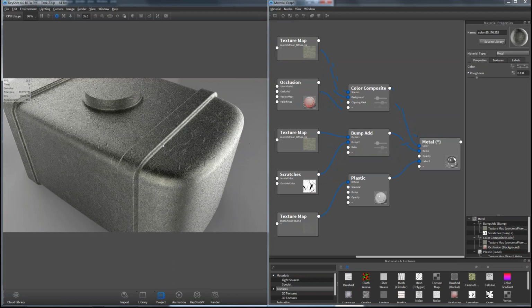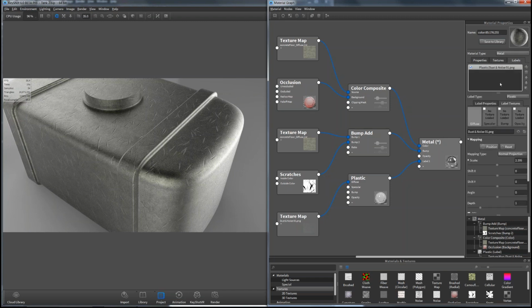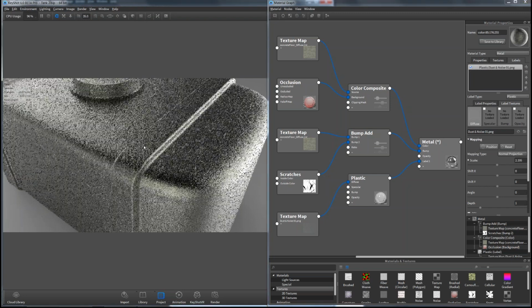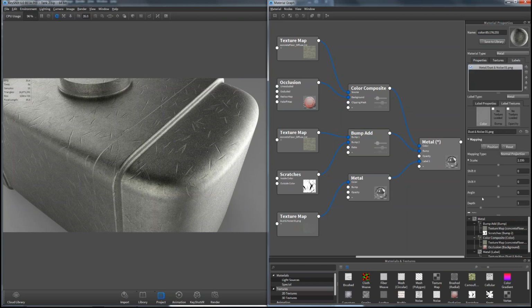We're not seeing too much yet, but what happens here under the tree is that this is going to get more and more complex. But we can still control it through our standard material editor here. You can see that the label is still being represented there. But what's happening in my graph is that I now see a more complex setup of all the materials that I'm layering, and the material for this label. So here I have my label. I can select that label and change it to metal.